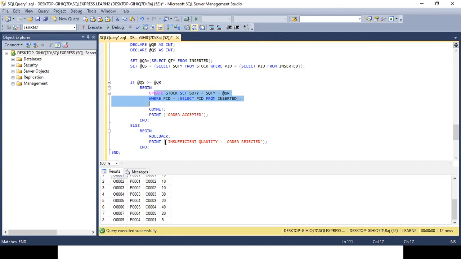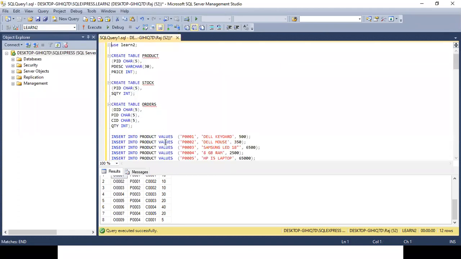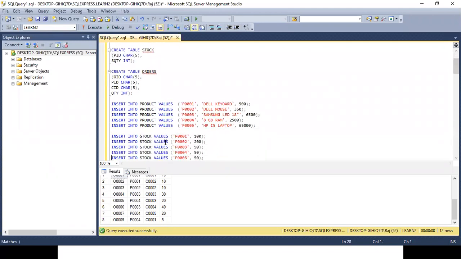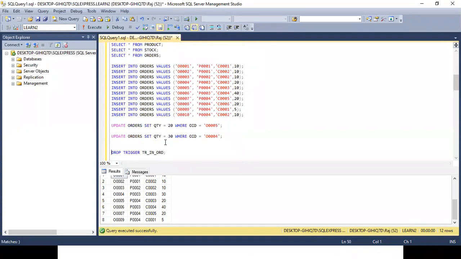Okay. And I was showing one more thing. So till here it is clear. Now let's see. This particular customer placed an order for P0004, for C0002. He needs 10 quantity. His order got rejected because we do not have a sufficient quantity.